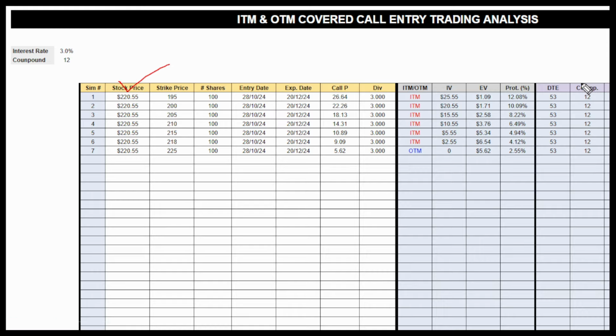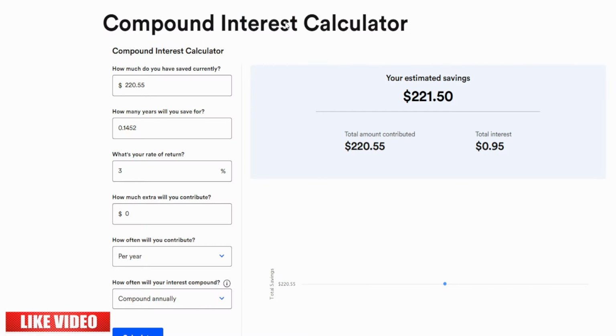Now let's jump into an online compound interest calculator and see how much we get if you park $220.55 for 53 days. Remember, we have to change these to yearly times, okay? And we're gonna receive 3%, and you're gonna do that on 12 months compound interest rate. So if we go here to our online calculator, basically that's how much we put, and that's the price